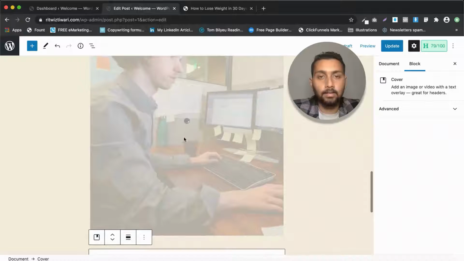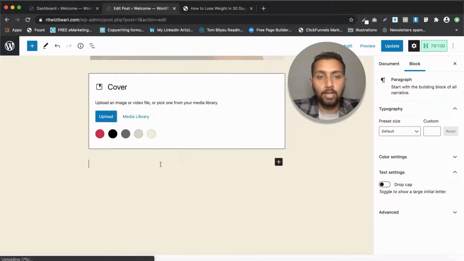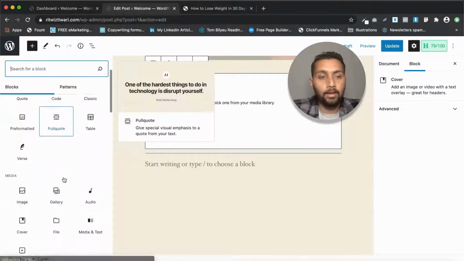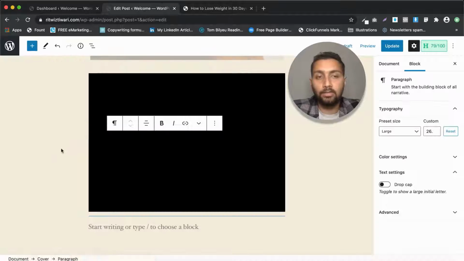Okay, since I guess the first image is still loading, that is why the second one has not started. But anyhow, you now know how you can simply upload an image and add text over this block. All right. And then the next thing you can do is add in a file. Like if you want to allow people to download a file, maybe a PDF file, then you can just click on this file one.